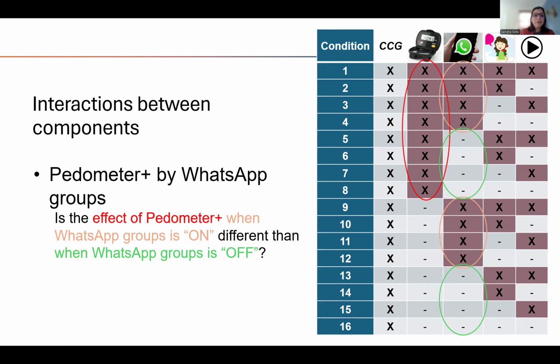And then to see the interaction between components, for example, if you wanted to see the pedometer by WhatsApp group interaction between those two components, you would be asking, is the effect of the pedometer when the WhatsApp group is on different than when the WhatsApp group is off? And you could then take a look at multiple higher level interactions with the rest